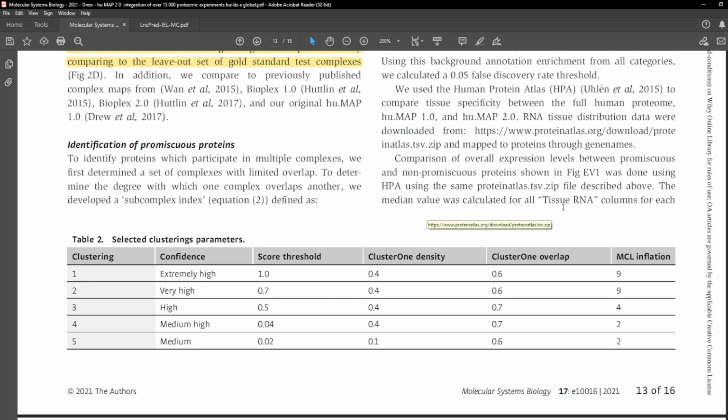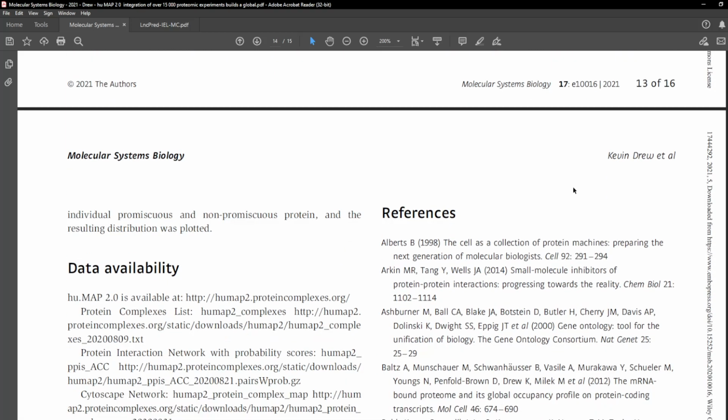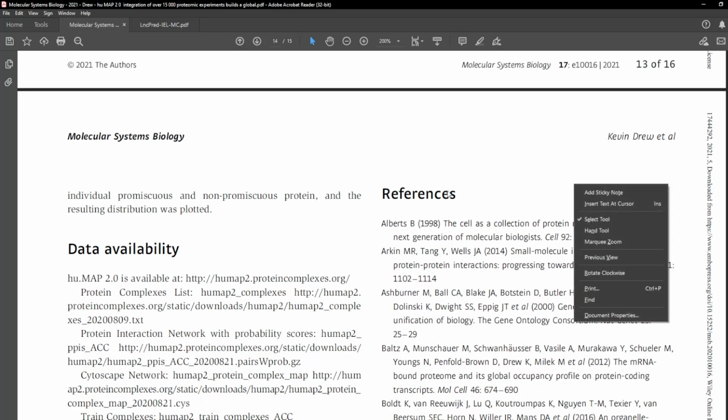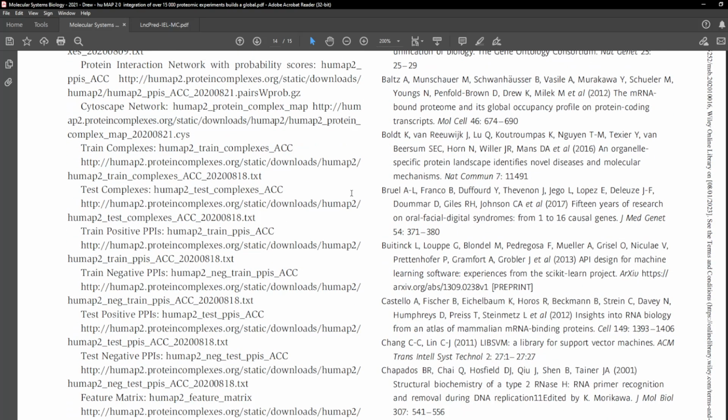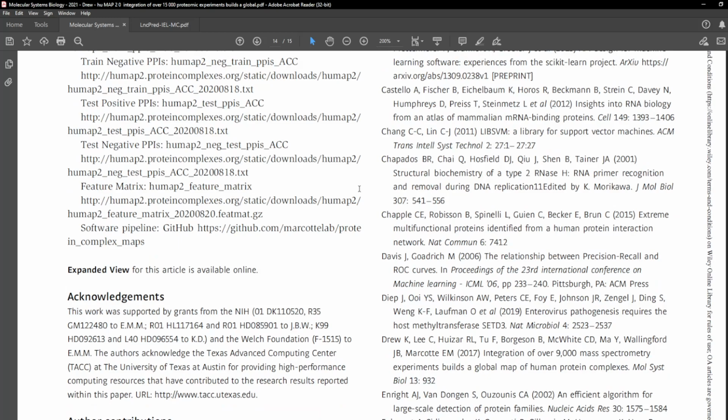Author contributions. K.E., JBW, and EMM conceived of the study. K.E. designed all experiments and analyzed data. K.E. wrote software including software pipeline and web resources. K.E., JBW, and EMM discussed and interpreted the results, and